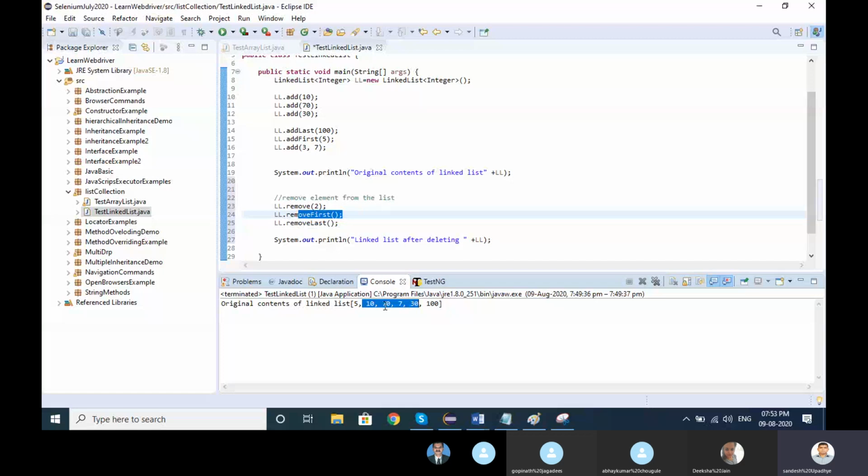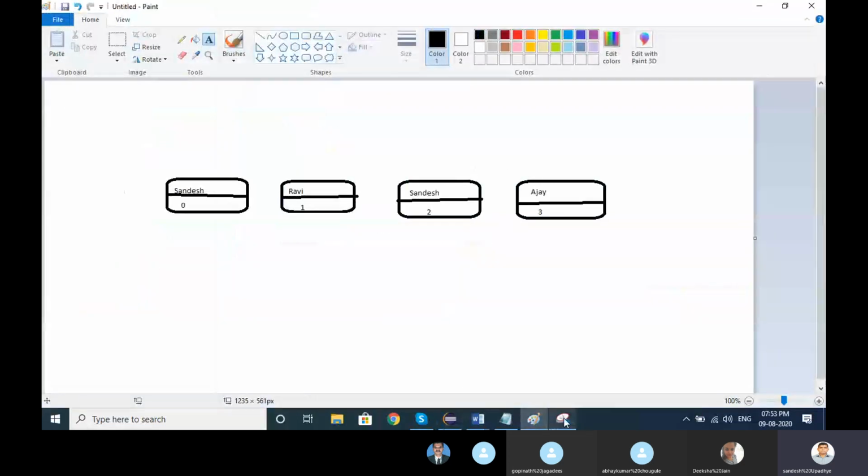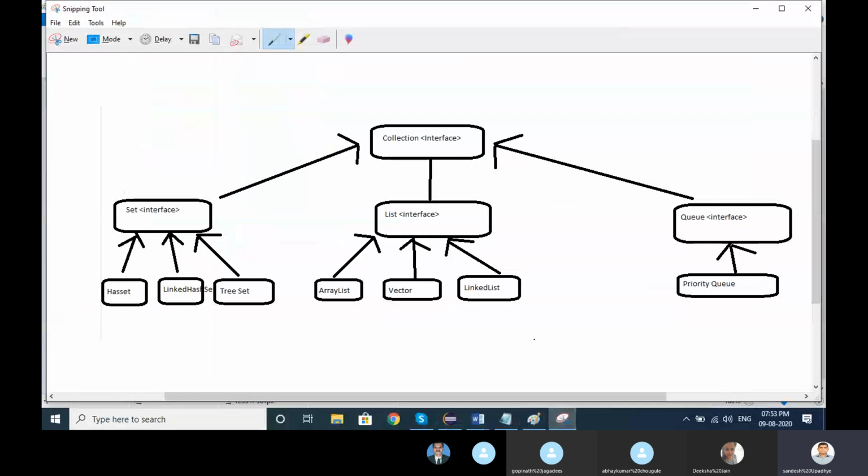So while working with any list, you can use these ready-made functions as well. The thumb rule I am telling: when we use array list, it maintains an array behind that, and it can contain duplicate elements.